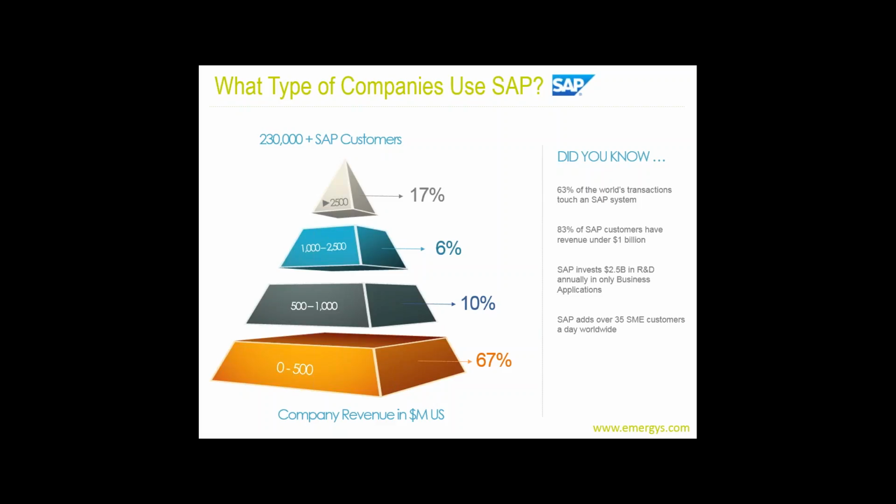So more money goes back into the product to make it deeper, wider, easier to use than most other companies make in a year. So it's a big perspective piece that it's the same basic product from a code base that's been in use for 44 years. It's going through a refresh right now. But the code base itself is still the same. So it's just gotten stronger over time rather than being thrown out and restarted. So that's the view of SAP and who uses it and why.